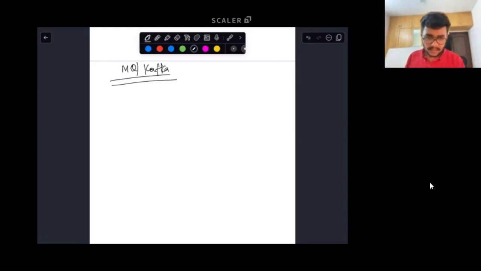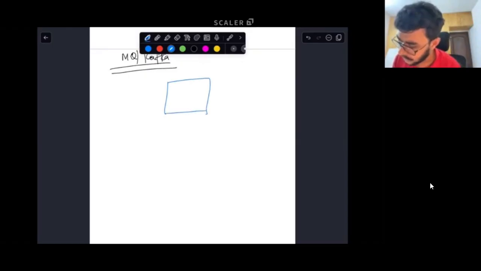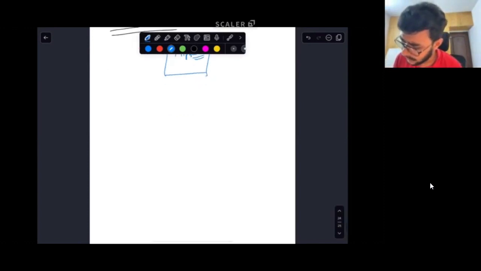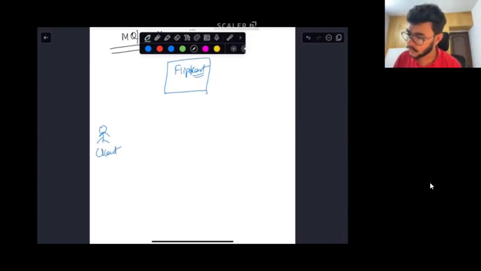Awesome. So, guys, let us say that there is a problem statement in front of you. You go to the Flipkart application, and in Flipkart, you end up buying a product. Now, let us say this is you as a client who just bought this product, and after you bought this product, there are a bunch of things that Flipkart needs to do.